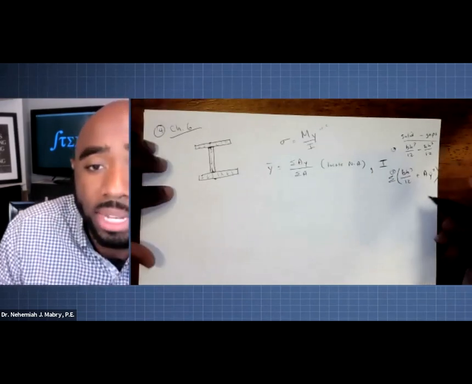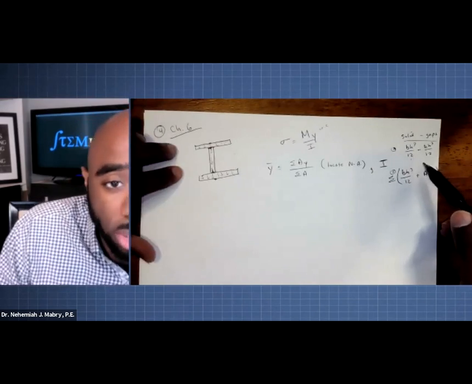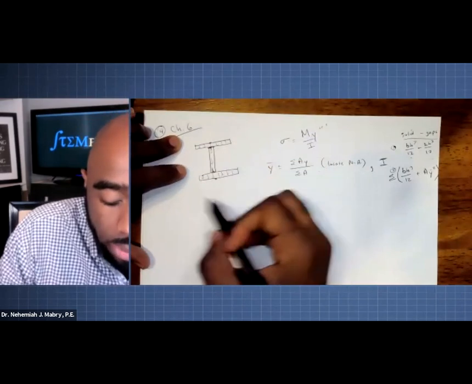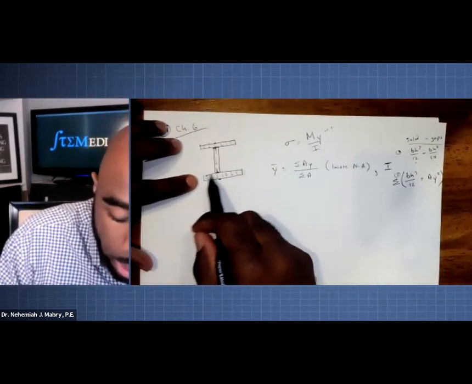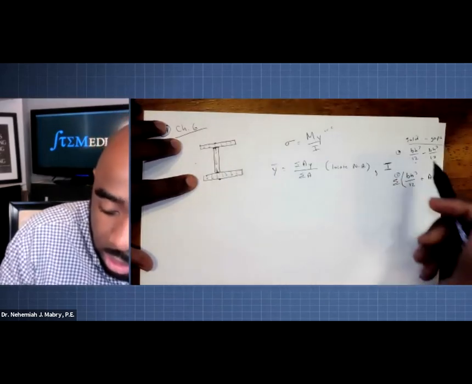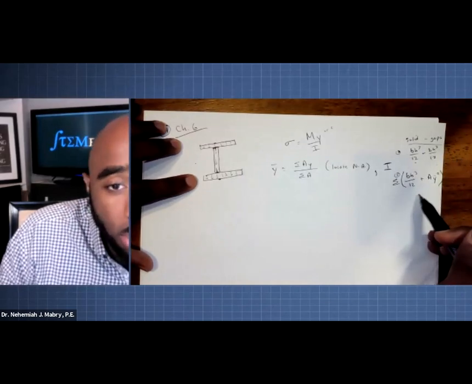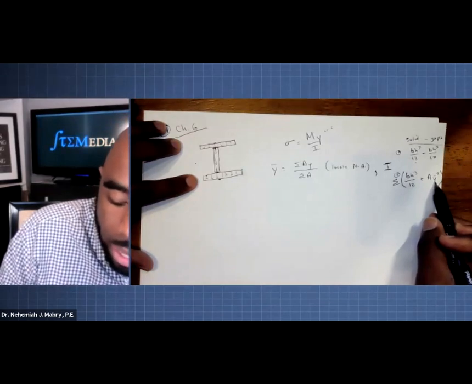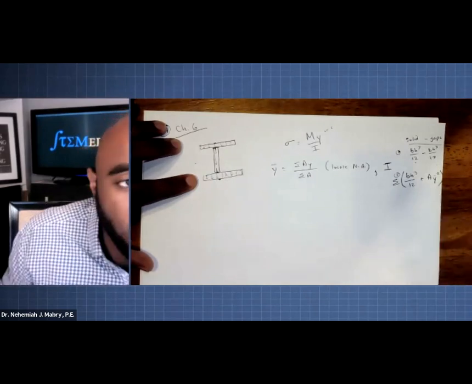And just to give you an idea of when you use one over the other, this one can be done only when it's a symmetrical shape. So if it's the same height, the same thickness, everything's the same, and it's basically like a big rectangle, and the gaps you're going to take out are also symmetrical. They all share the same neutral axis, essentially. You can use that. This is the one you're going to need to do when you're unsymmetrical, because this Y right here takes into account the fact that not all components of it are going to be sharing the same neutral axis. So make sure you do some practice on that.